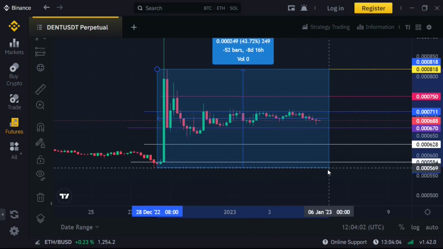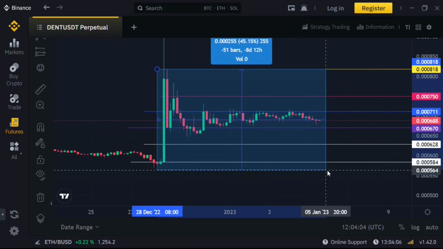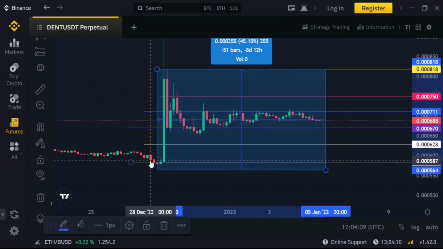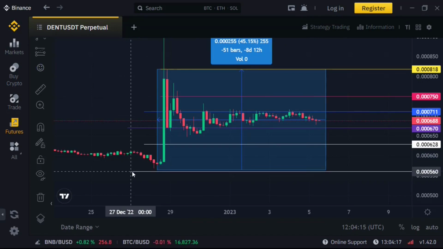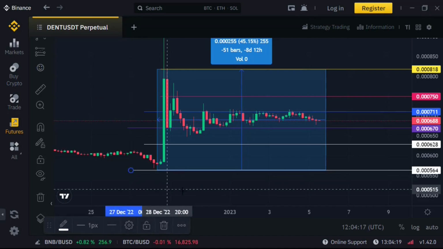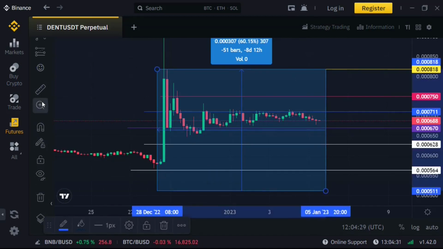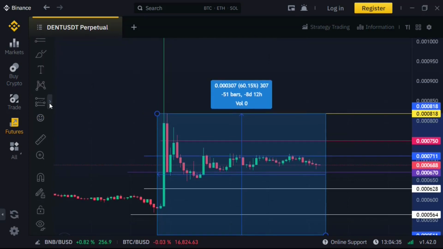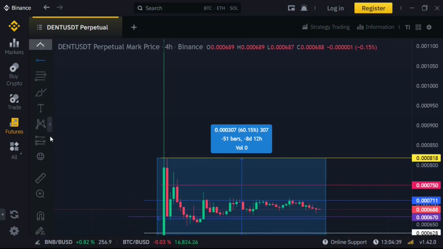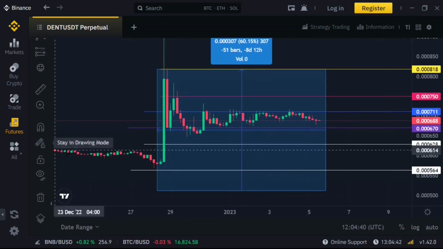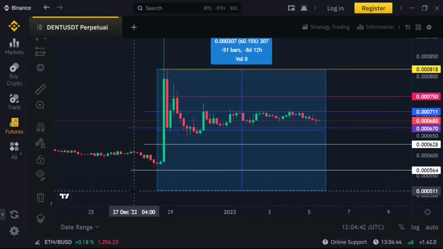And your second take profit price will be at the 45% of the most current bearish trend section. And then use the white horizontal line to indicate your second take profit price, which is 0.000564 cent. And finally, your third take profit price will be at the 60% of the most current bearish trend section. And then use the white horizontal line to indicate your third take profit price, which is